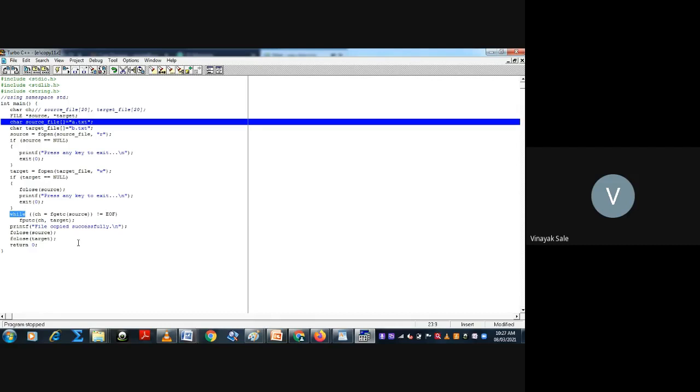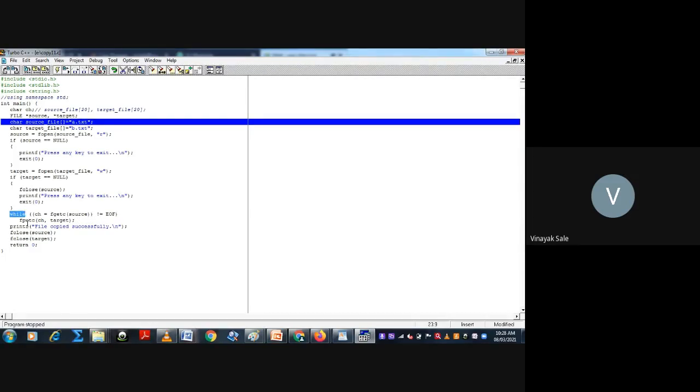It will read the contents from the first character to the last character of that file, that is, end of file. How should I know whether the file will end? That is, this condition checks that the character received from the source file is not equal to the end of file.